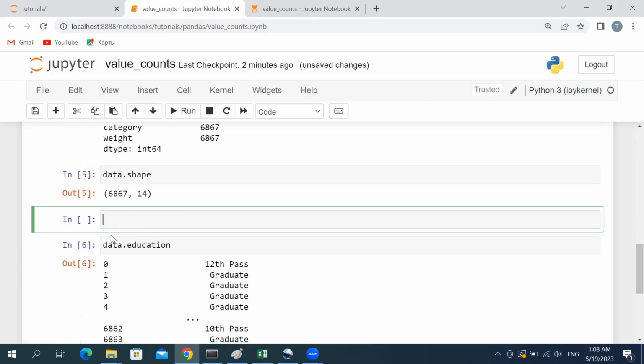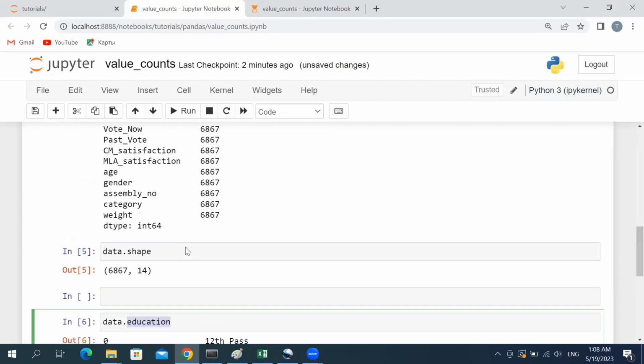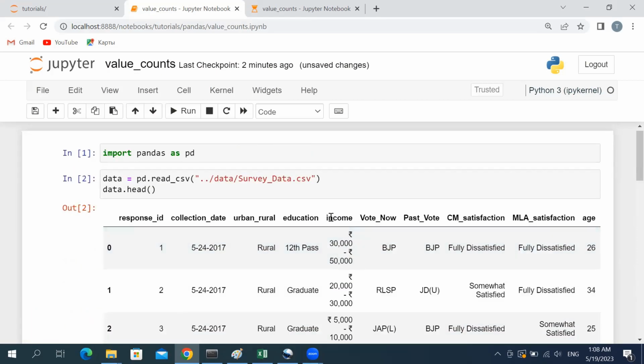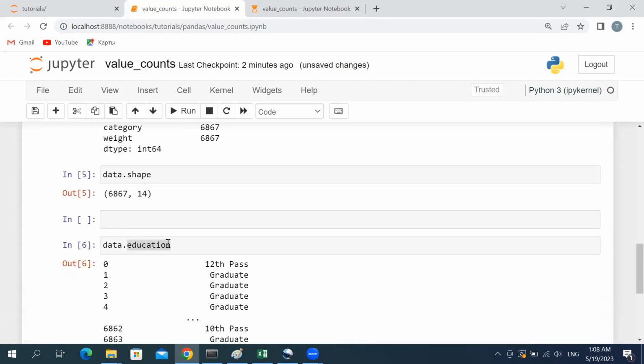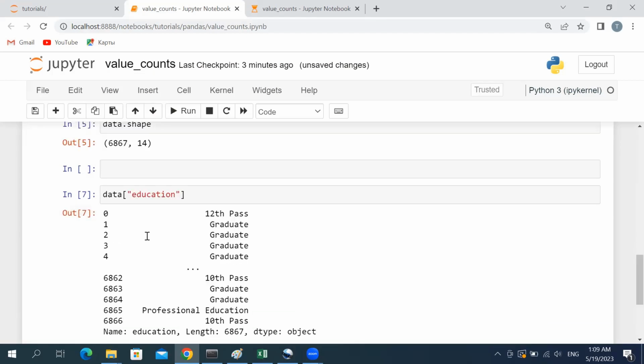We already know how to call the column names here. We have 2 methods of calling it. The very first one is this one. The second one is inside of square brackets. As long as we don't have a space inside of this column name, we could easily call it like that. But I will not risk it. I will pick the proper way of calling it, like this one. Again, the result is the same. And now I will try to